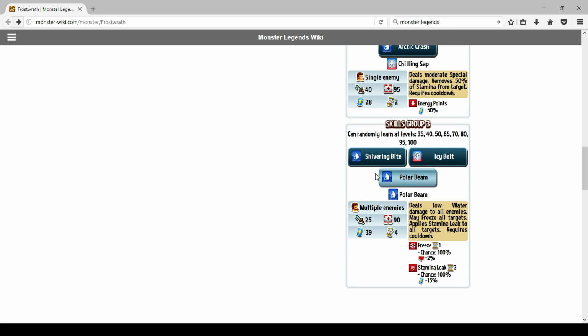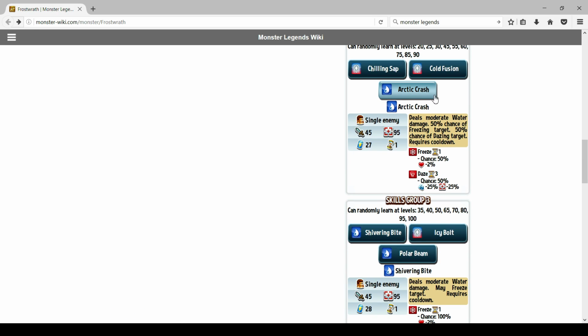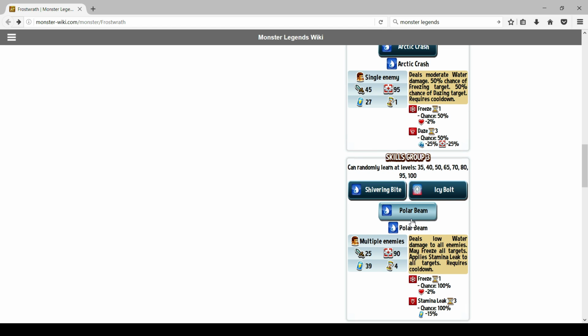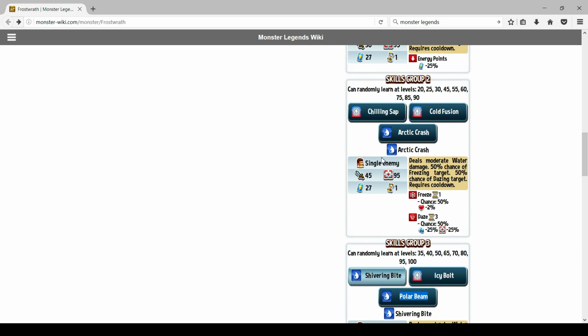And keep in mind, this guy can freeze. If you do run Arctic Crash, you could possibly freeze someone, in terms of just a single person, he can probably restrain them 3 times. He's really good at stamina drain and freezing. And Varna's not immune to